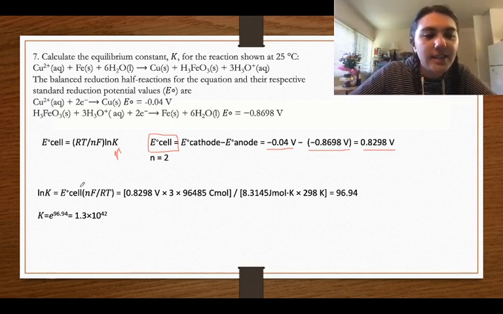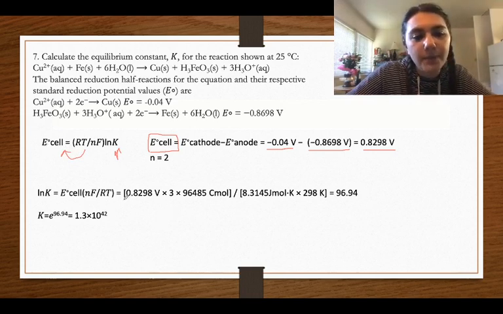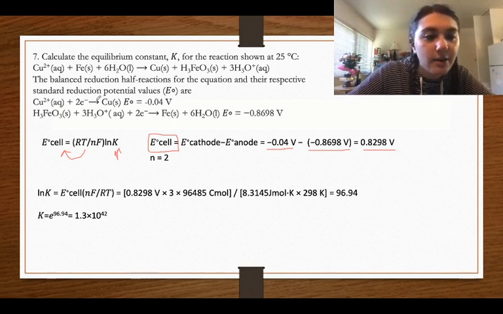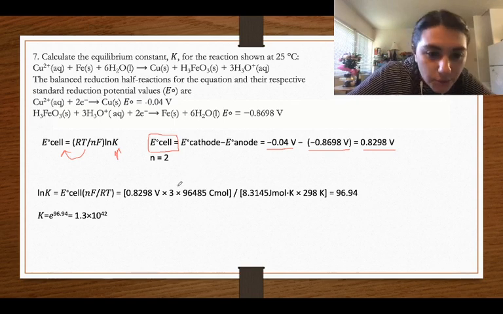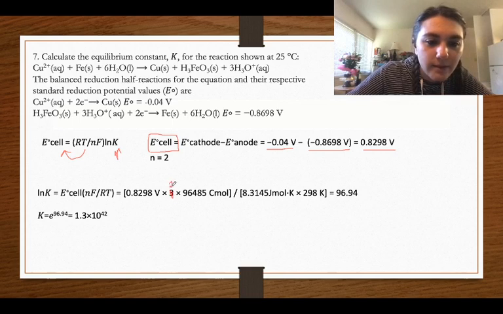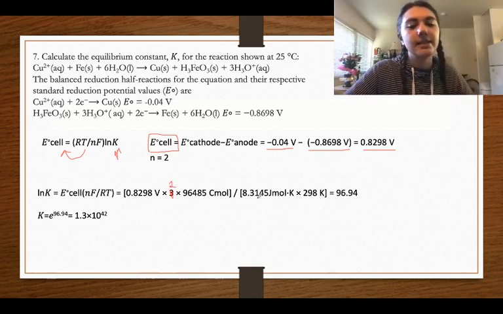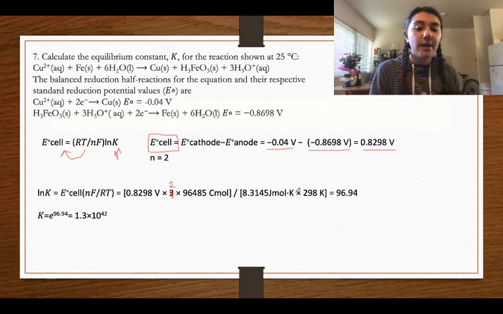Again, then I just rearrange this to be Ecell multiplied by nF over RT, so I just took this over here, but I had to divide it by these values, and therefore that just flips them. And then I just plug things in. So I plugged in my Ecell, and I plugged in my n equals 3. Again, we know n equals 2. Did another math error here. n equals 2, multiplied by 96485, divided by the gas constant and divided by temperature. And then if we do all of that, pull up my handy dandy TI, you get